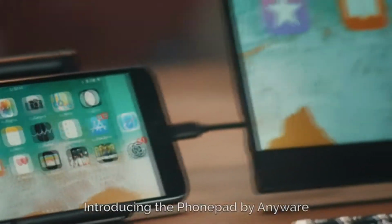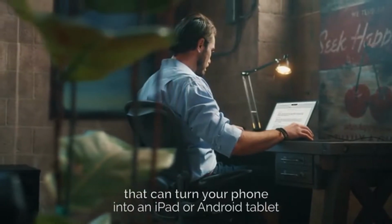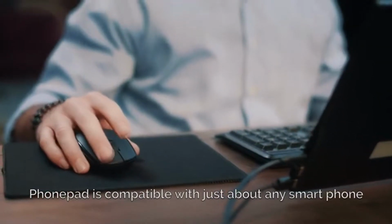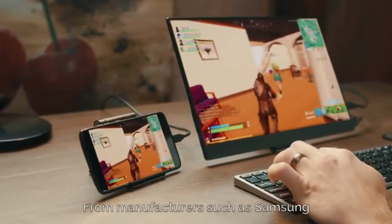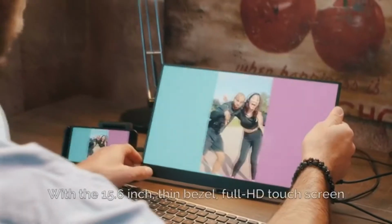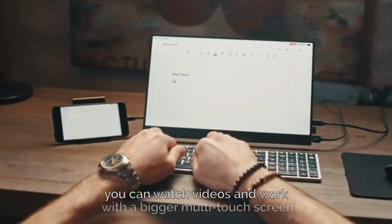Introducing the PhonePAD by Anywhere. The PhonePAD is the world's first portable monitor that can turn your phone into an iPad or Android tablet. PhonePAD is compatible with just about any smartphone, including all iOS and Android devices, from manufacturers such as Samsung, Google, HTC, and more. With the 15.6-inch thin bezel, full HD touchscreen, you can watch videos and work with a bigger